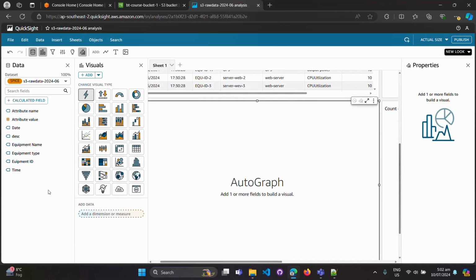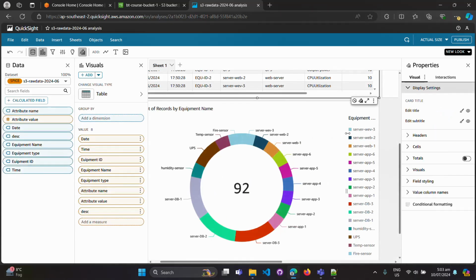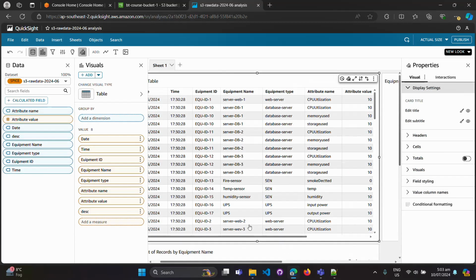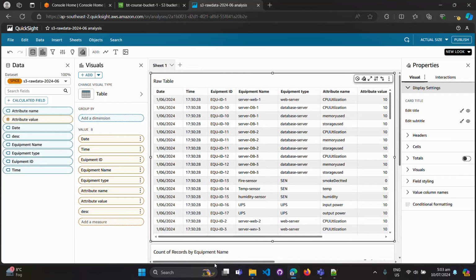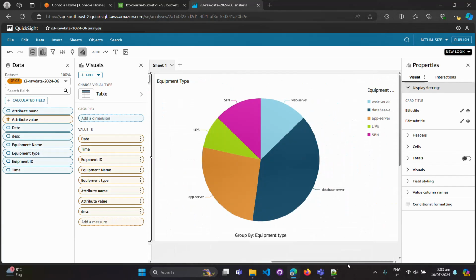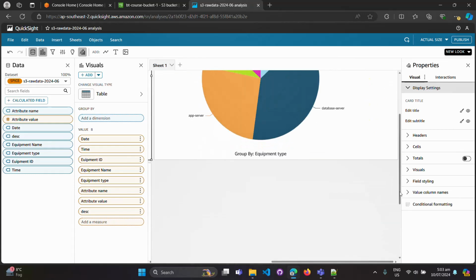So what is this photograph? This one I don't have an idea about, so we can remove this. So we have these three charts, and now let's start with